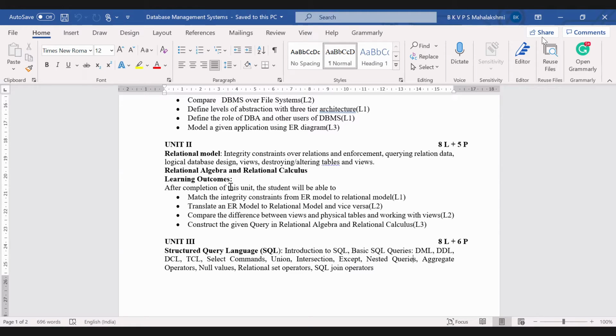DL means definition language and DML is data modification language, or data manipulation language. So data definition language and modification or manipulation language. We have to cover these two first, and then we'll apply the integrity constraints over relations.